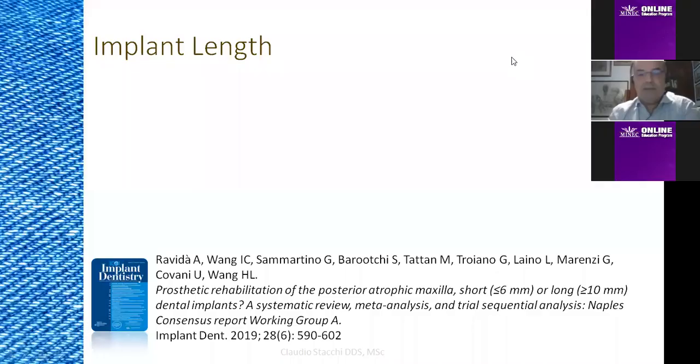unsatisfactory results. In fact, if we come to our days, 2019, this is the latest systematic review published about the use of short implants in the posterior atrophic maxilla. It is work by first author Andrea Ravidà, my friend working at the University of Michigan in Ann Arbor, and they considered 12 studies in this systematic review with a medium-term follow-up, comparing short implants, 6 millimeters or less, placed in the posterior maxilla, with longer implants, more than 10 millimeters, usually placed in combination with augmentation